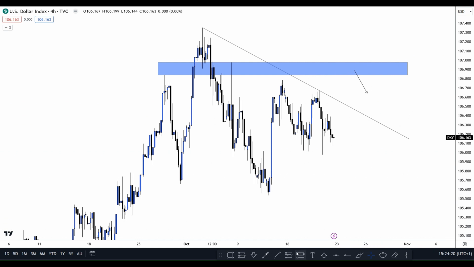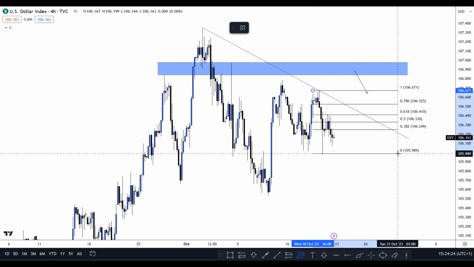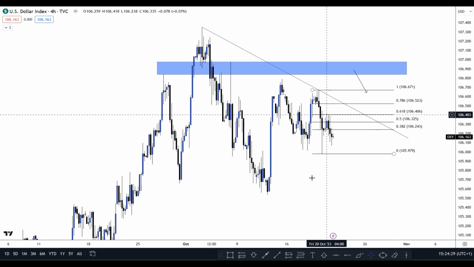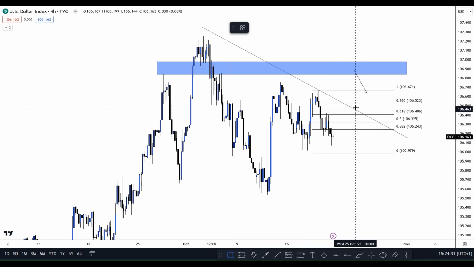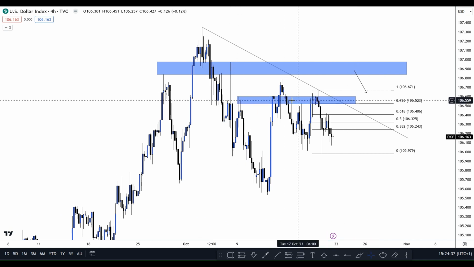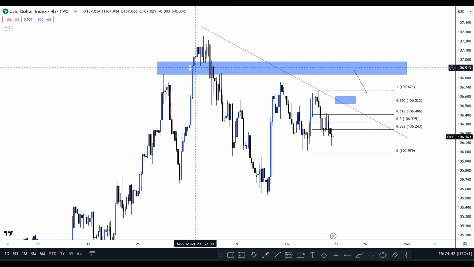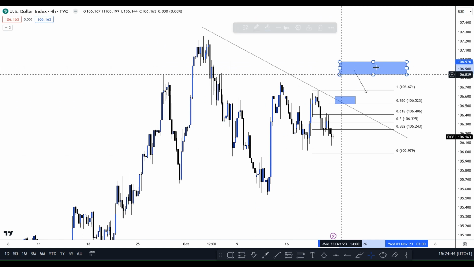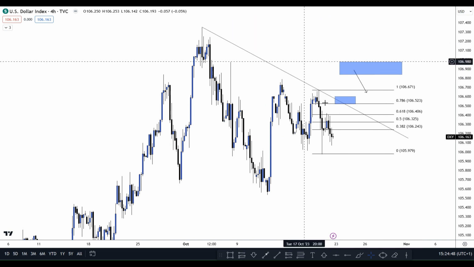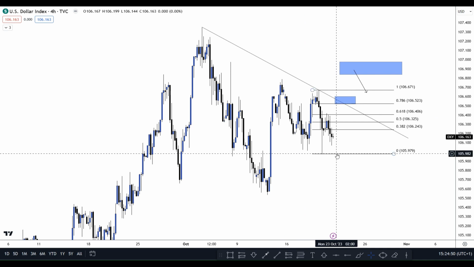push up. When it comes to the third touch of the trend line, I'm going to use the most recent Fibonacci here. Same again, the 38, the 50 and the 61 has been hit. So if I now look at the 78 fib, this hasn't been hit, and I also have a key level with these wicks in and around here. So then for that reason, that zone there could be an area of interest. So already, just from doing fibs and trend lines, I've identified 2 areas within the market where we might potentially